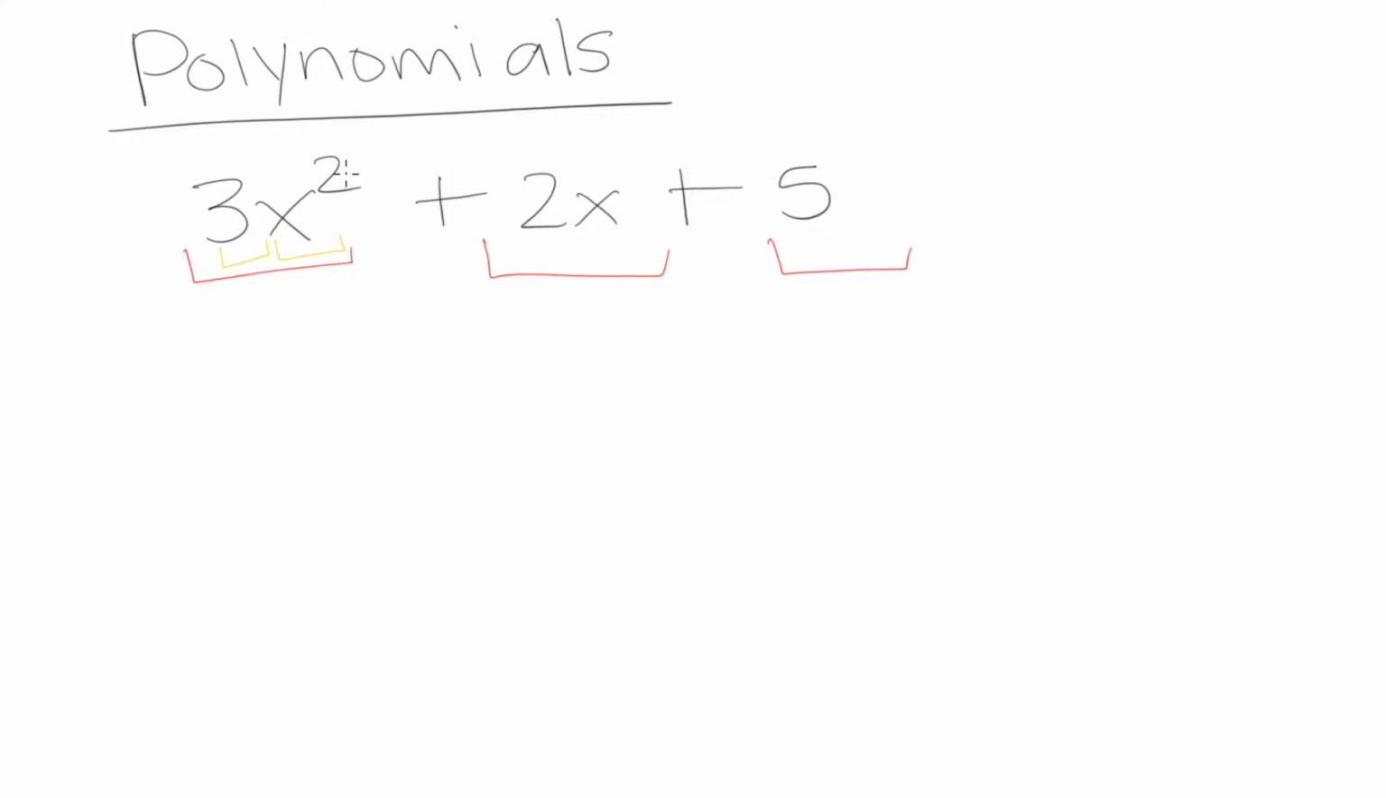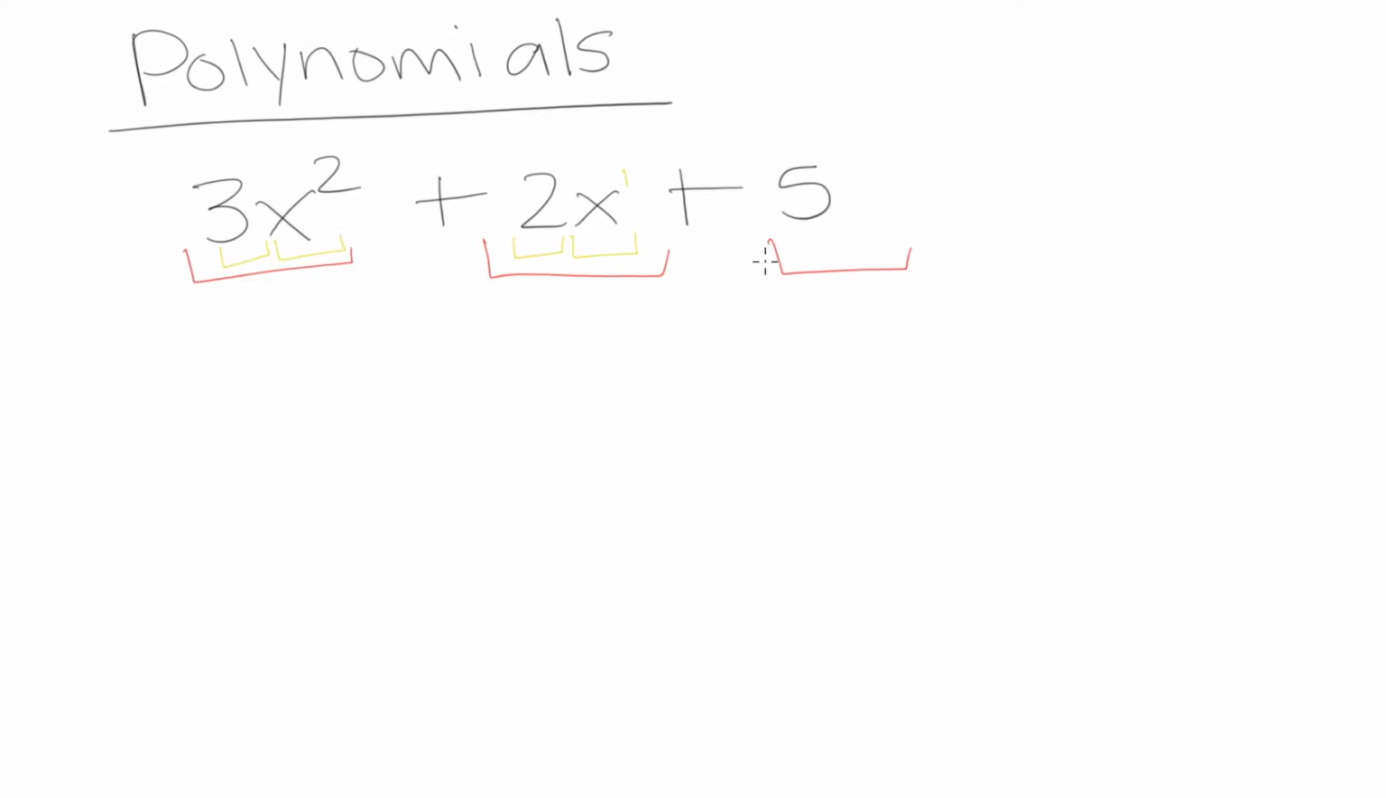a power. And in the case of polynomials, the power that our variable is raised to has to be a non-negative integer power. So in this case, our coefficient is 3, our variable is x, and it's raised to the power of 2. Over here, our coefficient is 2, our variable is x, and it's raised to the power of